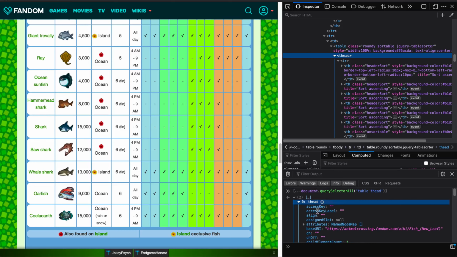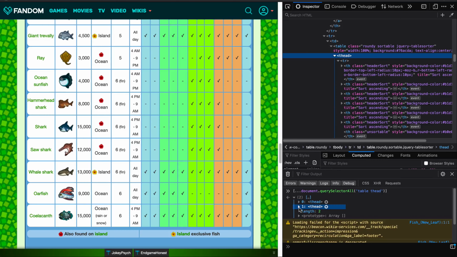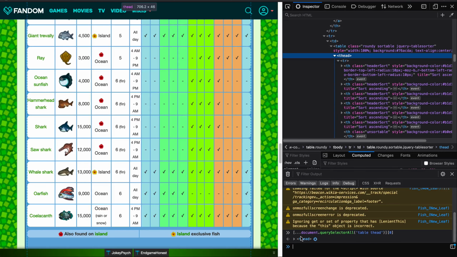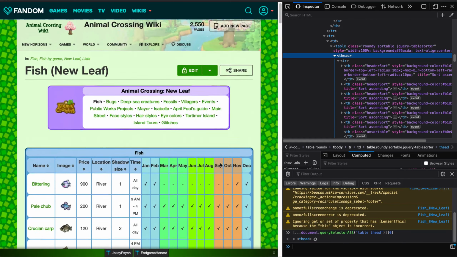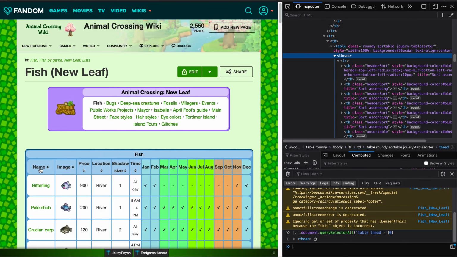This one also has no class name. So we don't have to be really exact here for this case. I don't really care about having something that's really reproducible every time. So honestly, what I could do for this is just get the first one. Okay, and this is going to return all of the items in this heading